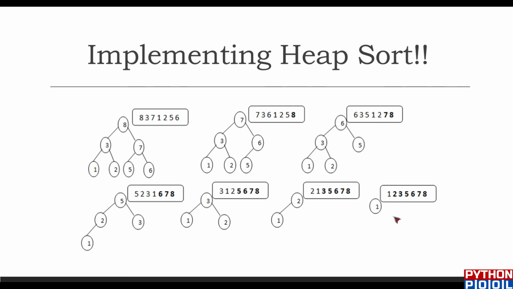So when you see, when the 8 is popped out, it is stored at the 0th position in the ordered list. But as soon as the 7 is popped out, 8 is shifted to the first position and 7 is stored at the 0th position. And then shifting happens. Every time an element is popped out from the heap, shifting happens in the ordered list. In this way, we got our sorted list, that is 1, 2, 3, 5, 6, 7, 8.